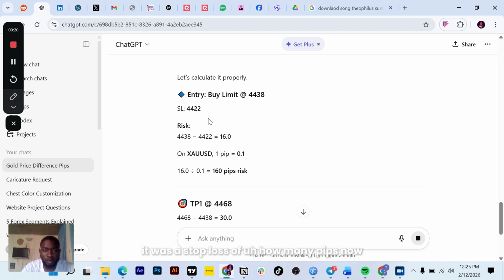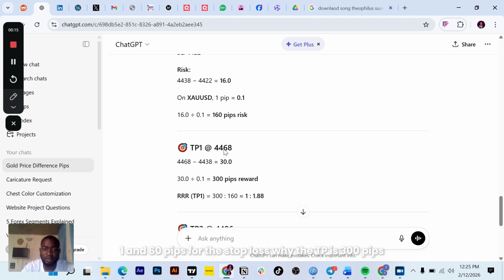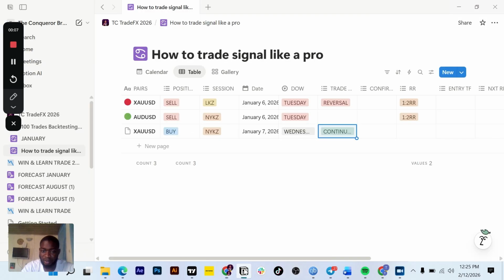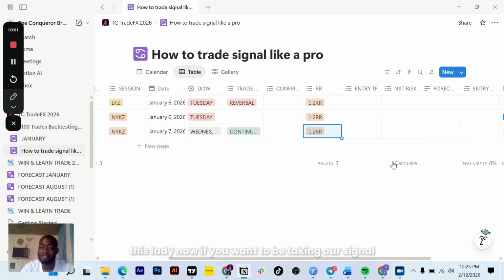What was the stop loss, how many pips now? 160 pips for the stop loss, while the TP is 300 pips. So we have almost 1:2 risk to reward, again 1.88. So you can go back there, then you can choose 1:2. So you have an idea that if you want to be taking a signal, all you should be expecting is